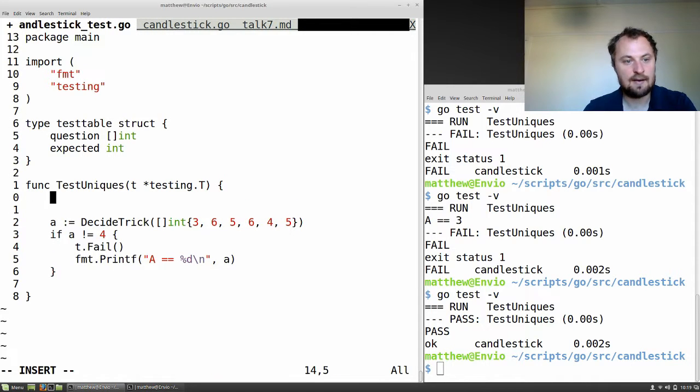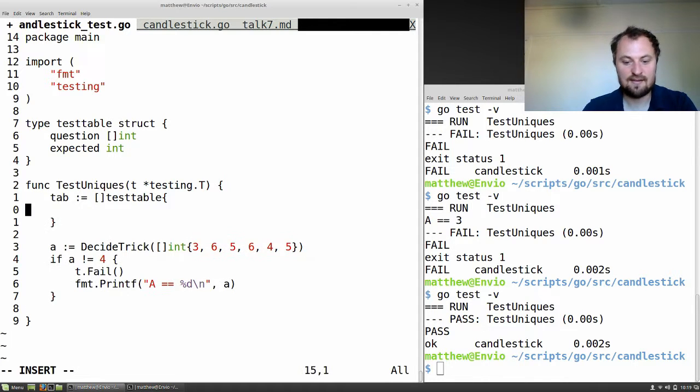And the table we're going to have in here, table equals, and this will be a test table, new slicey thing. And in here I'm going to put each of the elements, this one's an array of... yeah, so this will be a test table, which I'm going to create now with an array of ints, and we'll do